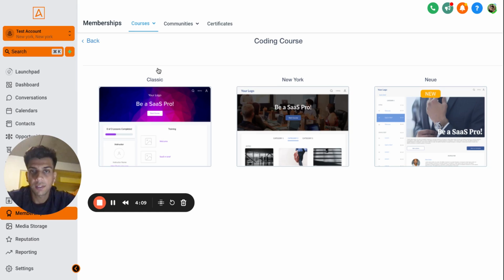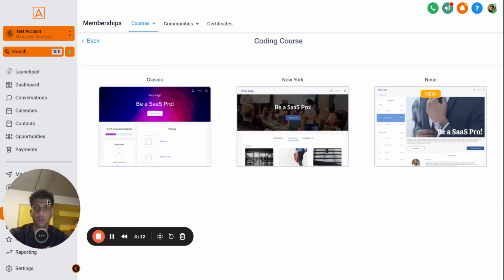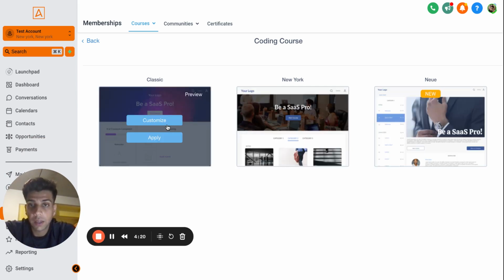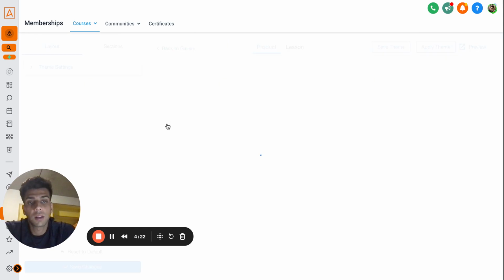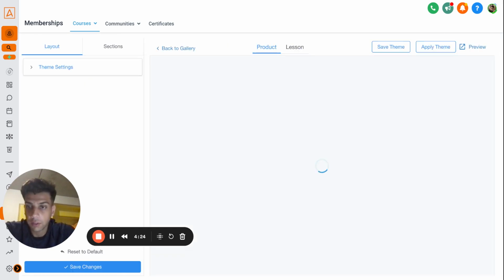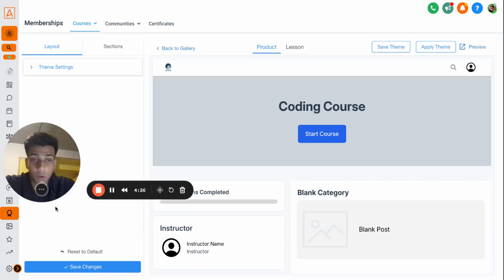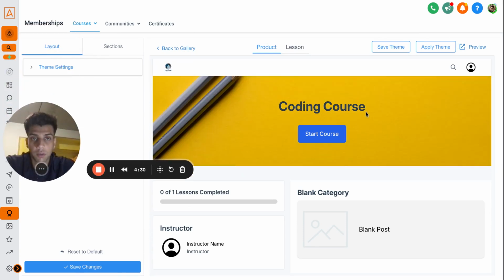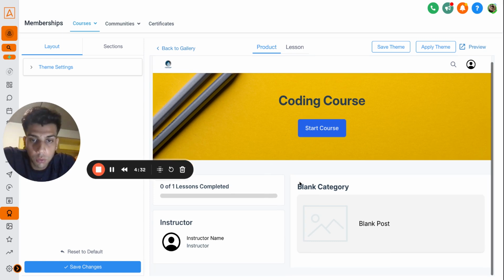Then you can go to customize, and this is where you can select the whole layout of your course. So you can create these layouts, you can customize these already given layouts. So these are the only three options that HighLevel has right now. So there's nothing much you can do beyond this, but there are a lot of customization things that you can do. So your course will initially look like this, but you can go ahead and